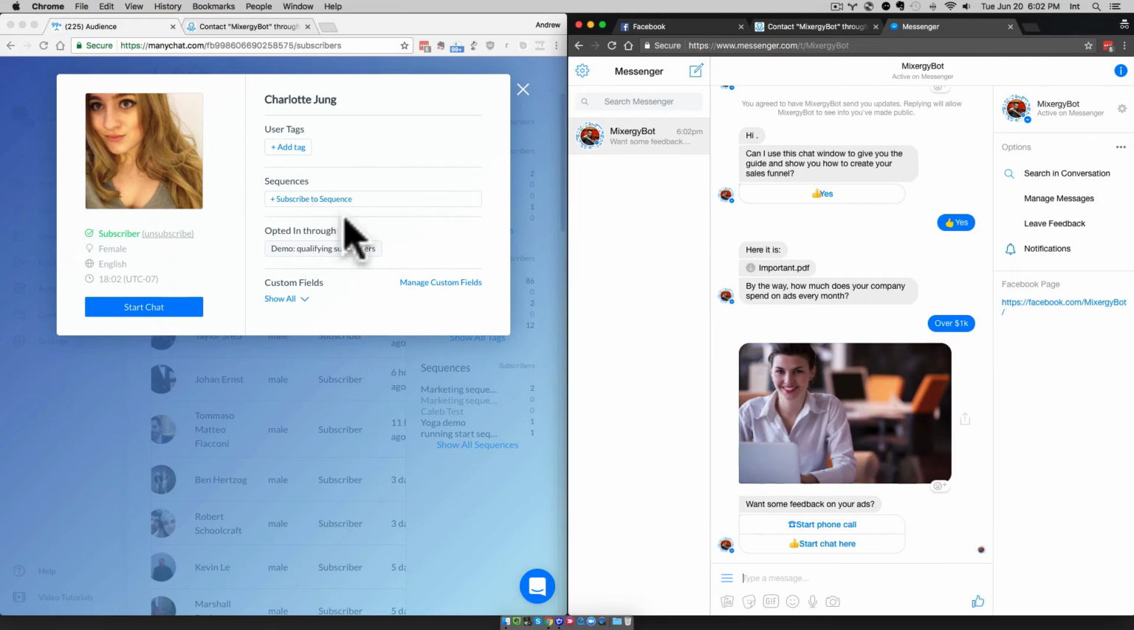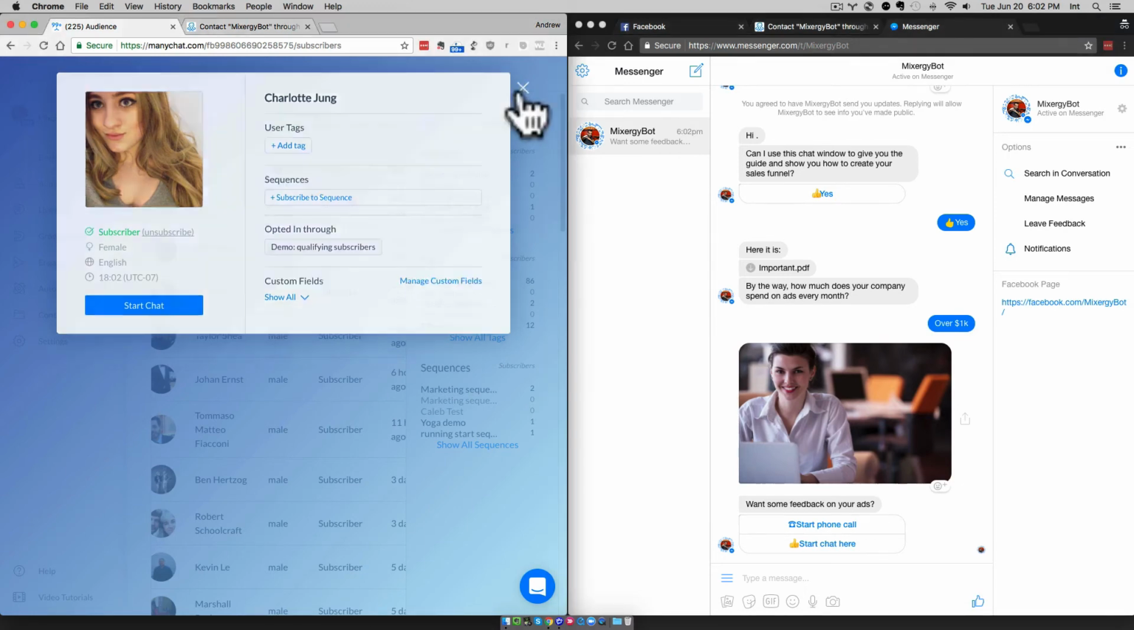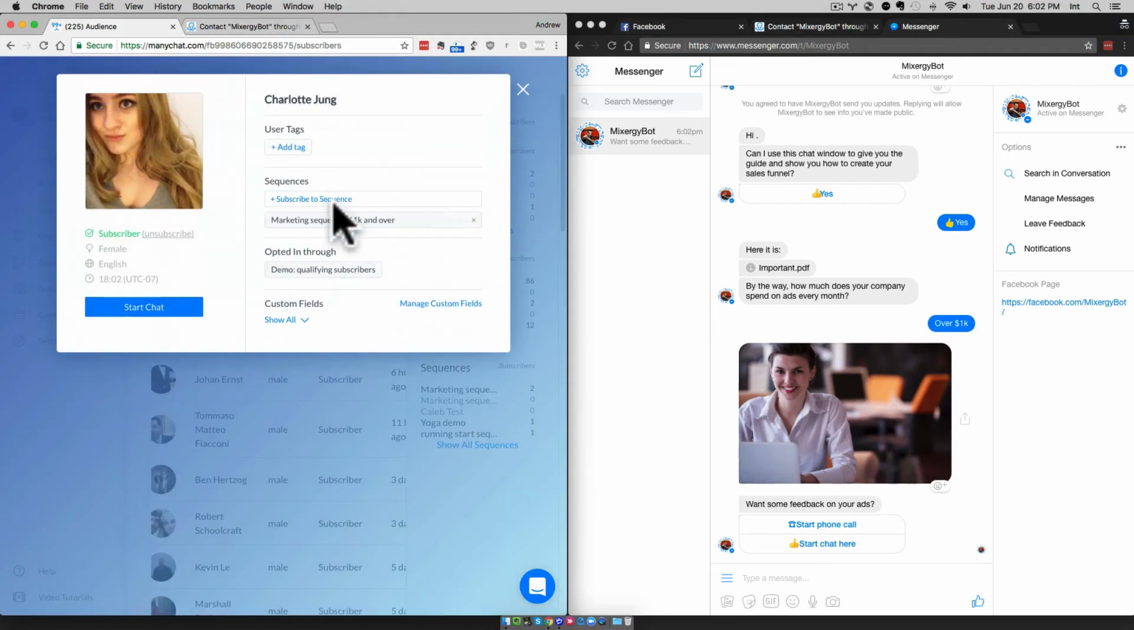And notice how she just got unsubscribed on the left, and let's hit refresh on her contact information. There she is, she got subscribed to marketing sequence 1000 and over. So now she is going to be in this new sequence that we have just meant for people who spend $1,000 and over. So just to reiterate, what we are doing here is,